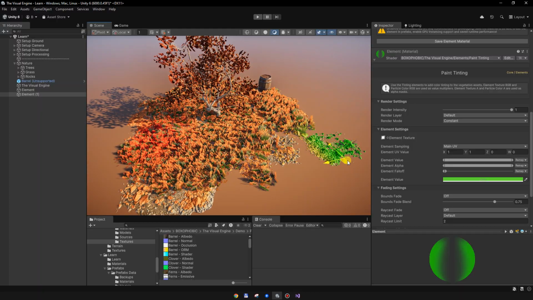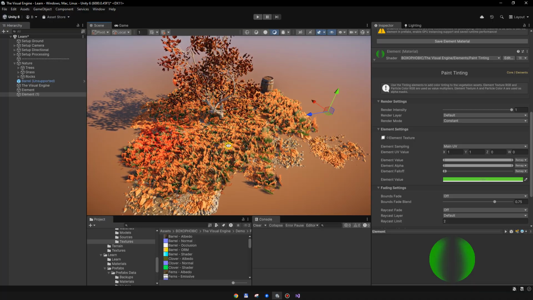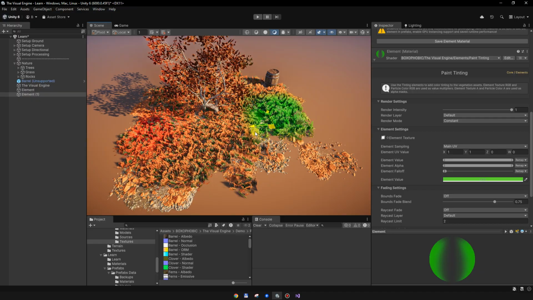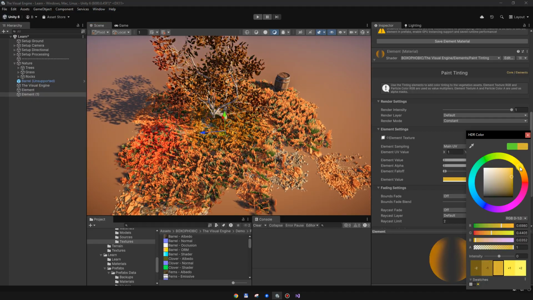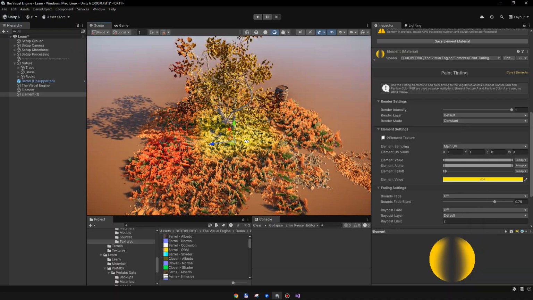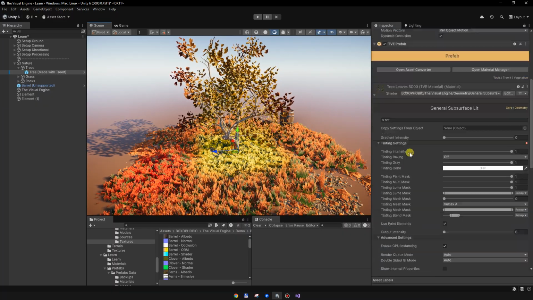If for instance I want to color this tree to be yellow but the grass to remain orange, what I can do is set this color to yellow, maybe something like this,